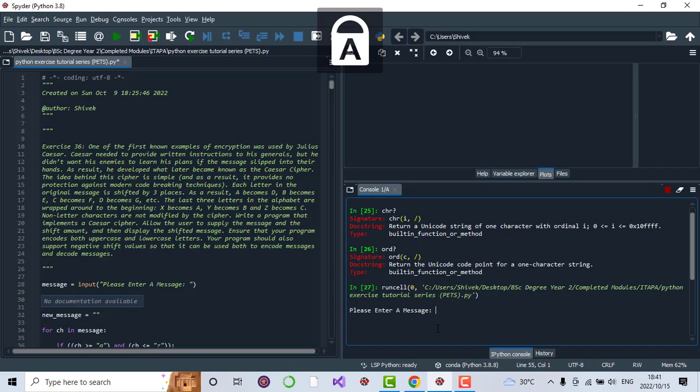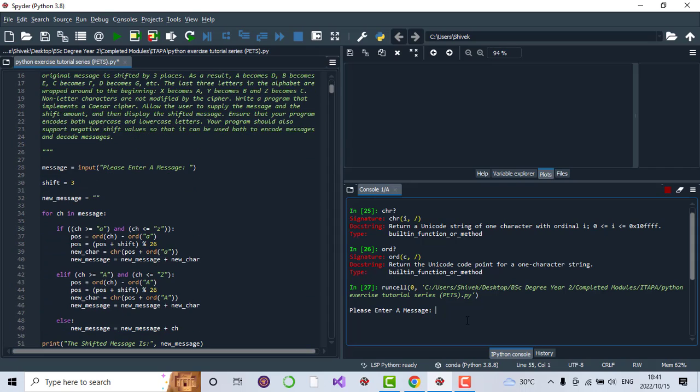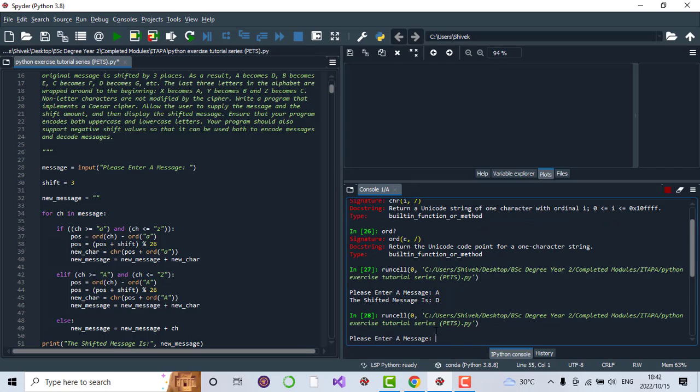Now let's enter a message. Just as a test example, I'm going to enter A, and you're going to see that the message it now comes to is actually D, because it gets encrypted using the Caesar cipher. So let's do a complete statement or complete string. Let's do the famous hello world